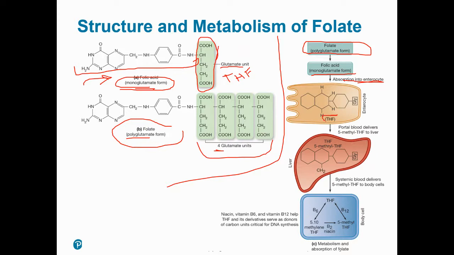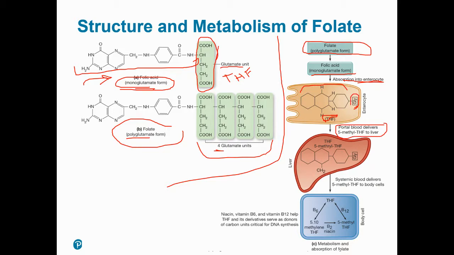So you'll see tetrahydrofolate gets absorbed. You have your folate backbone with the 1 glutamate side unit. And then we absorb the tetrahydrofolate to the liver, but in the process, in the enterocyte, we add